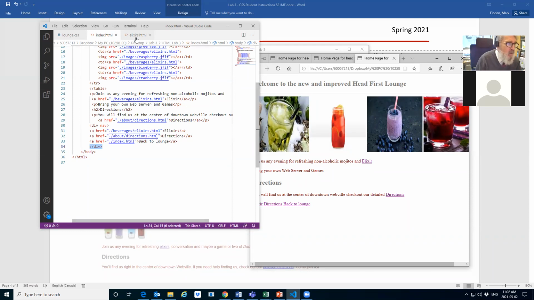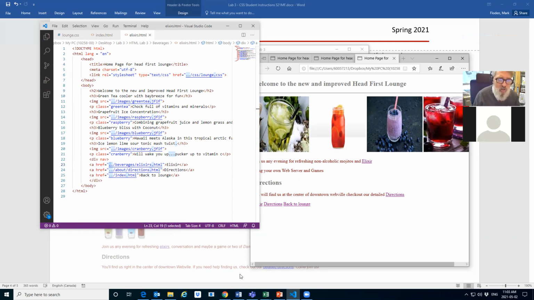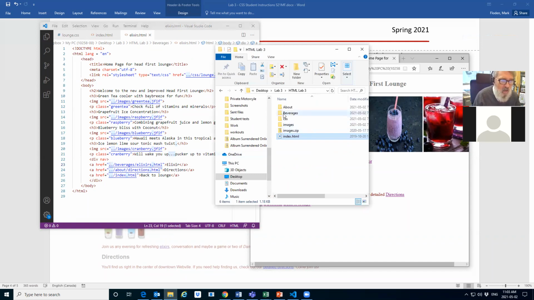Now, if we open up the elixirs example, we also have the navigation there, but the difference in the navigation is that instead of a single dot, it's got a double dot. And for the reason which I explained a minute ago, I hope you got that right. Why? Because if you look at the folder structure, you would see that if you're in the beverages folder, there's nothing that you can get from the current folder. So a single dot won't work. The only way you can do any navigating is first you have to go back to the parent folder. So going back to the parent folder, then you can start navigating to the other things. So we do a double dot to get back to the parent folder. I think I might have covered sort of everything that I want